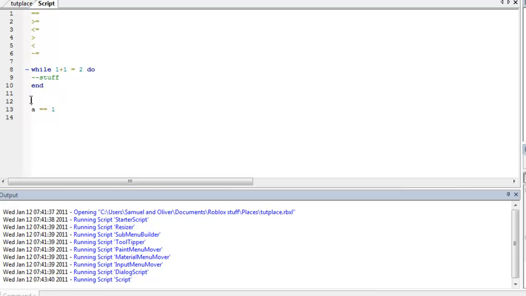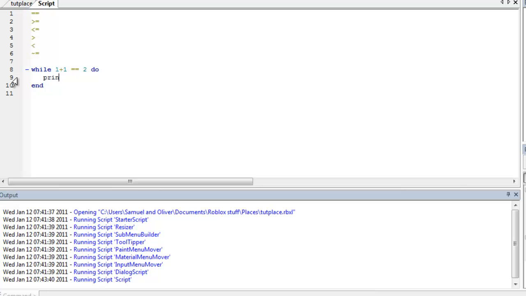But if you take that out, that would mean false, because a is actually nil, because we haven't set it. Nil is just nothing. So it's sort of like if you're playing football, nil in goals, you haven't got any goals because you're rubbish. It's just nothing. So while 1 plus 1 equals 2 do,